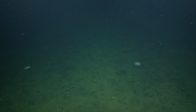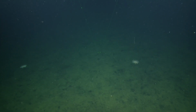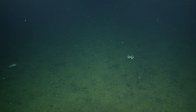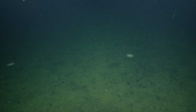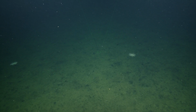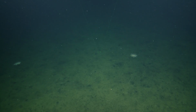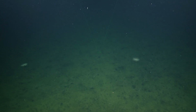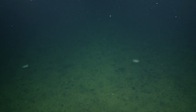Good morning, everyone out there. This is the 12 to 4 watch. We've just transitioned from the last team. Hope you're all doing well. We are currently in the Greater Farallones National Marine Sanctuary, and we are conducting transects of the seafloor in order